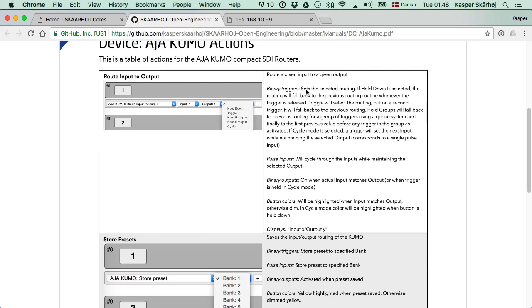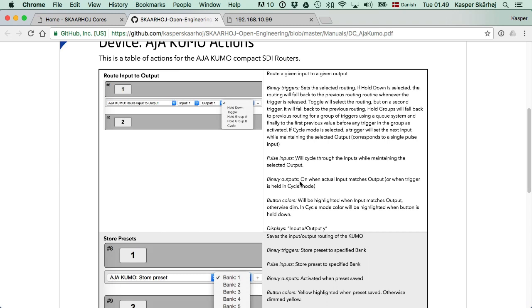So we have binary triggers, we have pulse inputs, binary outputs, and button colors. These are the different types of hardware interface components we can link to, and it describes how this action applied to a binary trigger will react differently from if it was applied to a pulse input. So what are binary triggers, pulse inputs, binary outputs, and so forth? Well, it's very important to know about the